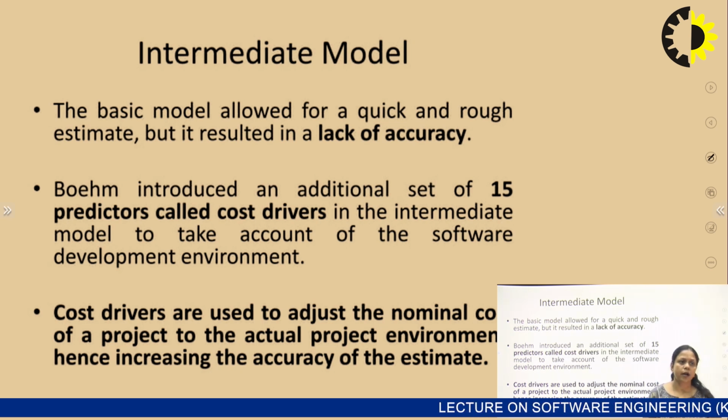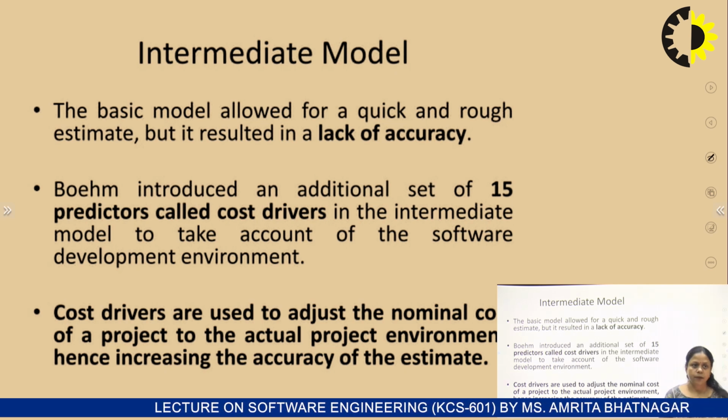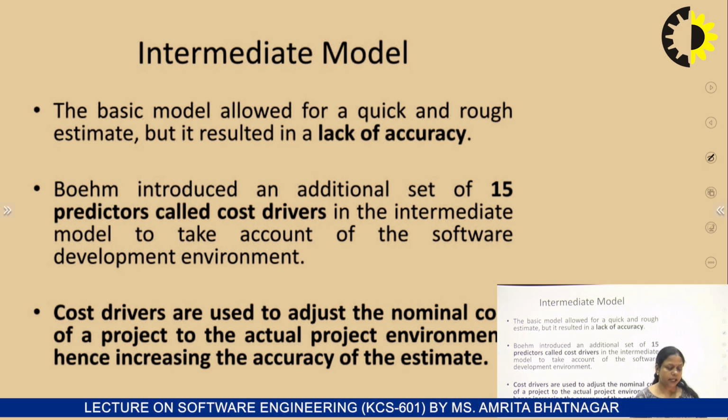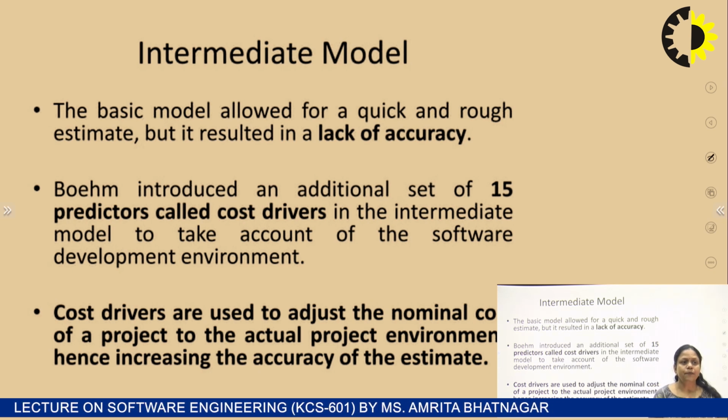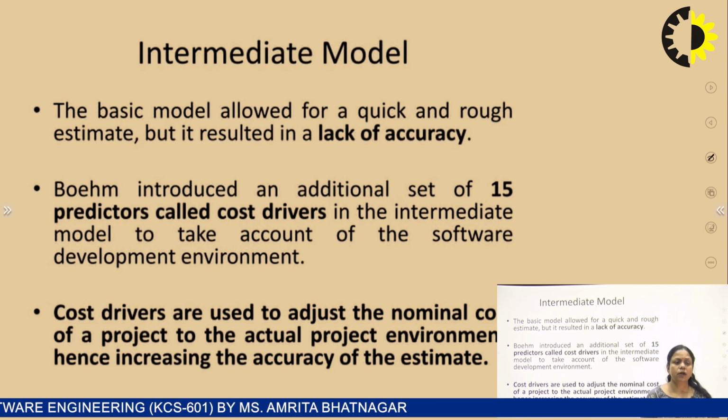That's why we require the intermediate model. The basic model allowed for a quick and rough estimate, but it resulted in a lack of accuracy. So, with the help of the basic model, we can find rough estimates, but they are not very accurate. To improve the accuracy of our basic model, we need another model, which is known as the